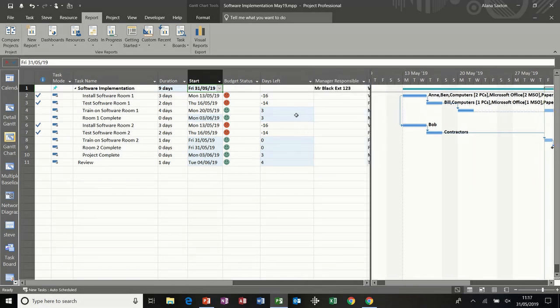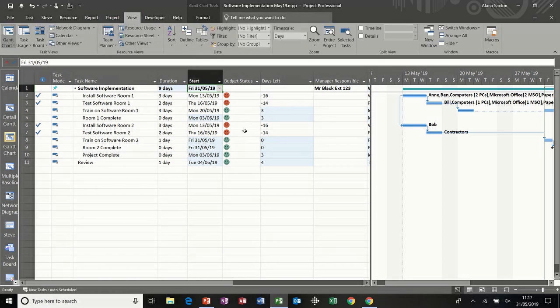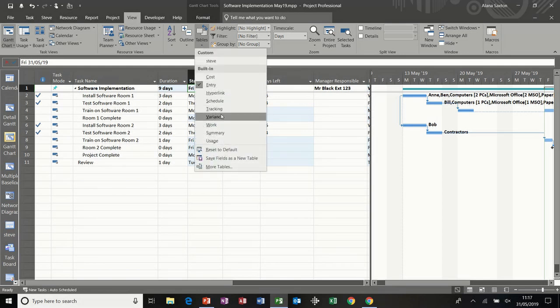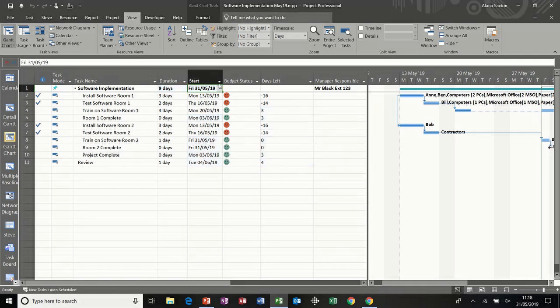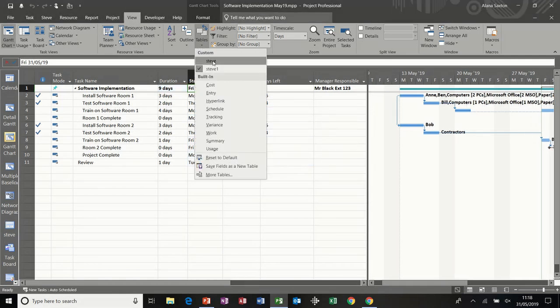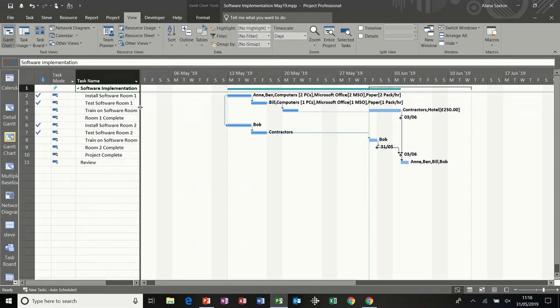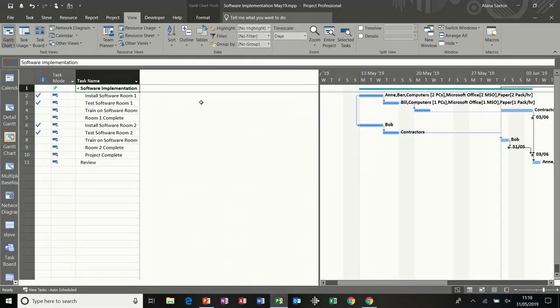Now I want to save this table as a table to be used later on, so I can go to tables, view tables, save fields in a new table, and then call it my name, Steve. Then OK, I've already got one, so I'll have to put Steve 1. OK on that one, and now I've got Steve, which is one I did earlier, which is just those two